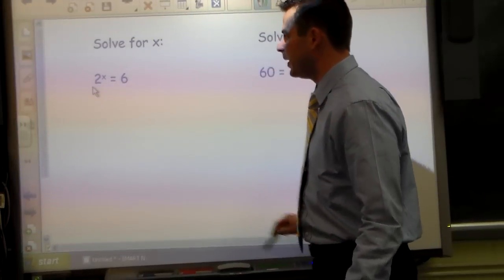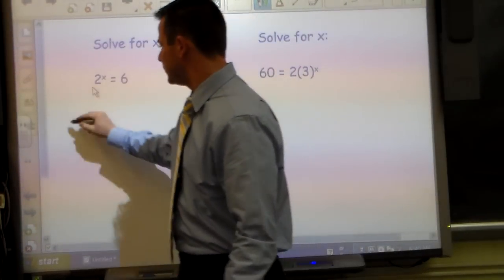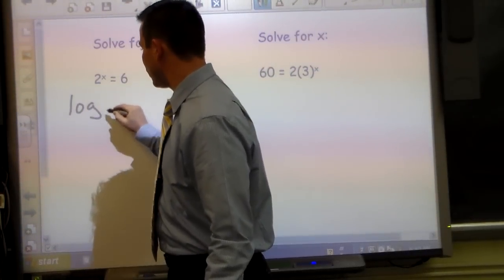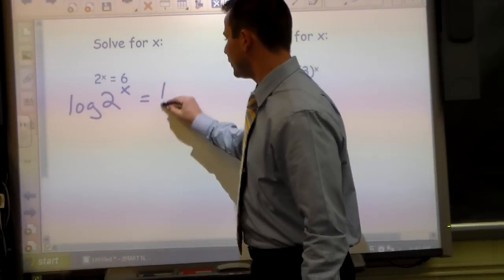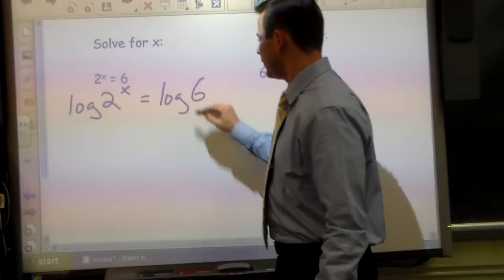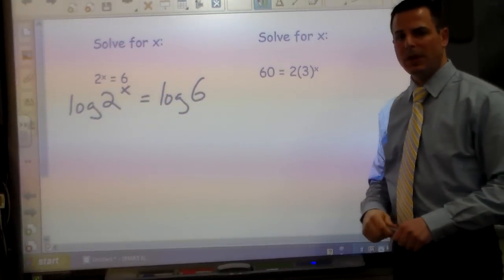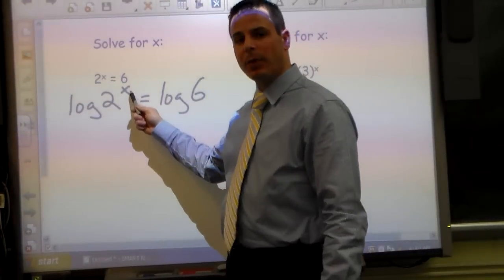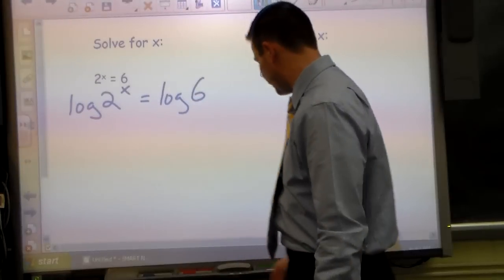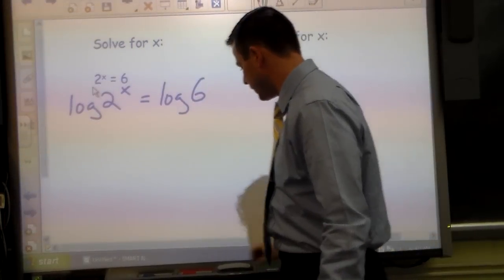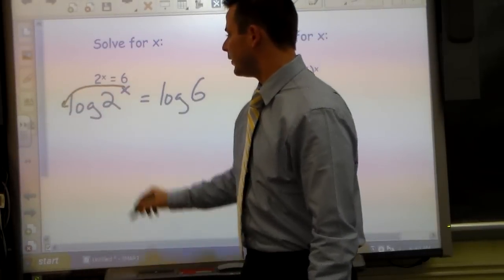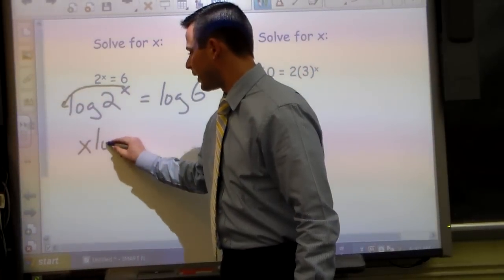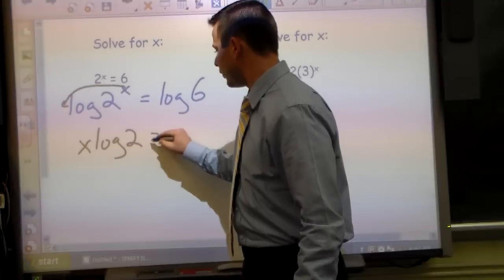So what we can do is take the log of both sides. We're taking the log of the whole equation. Log of 2 to the x power equals log of 6. Now the power property says that any exponent can come down as a coefficient. So that's what I'm going to do here. I'm going to take this exponent and bring it down and put it in front. So x times log 2